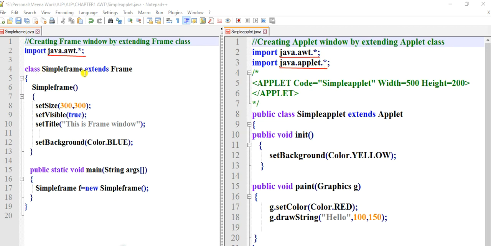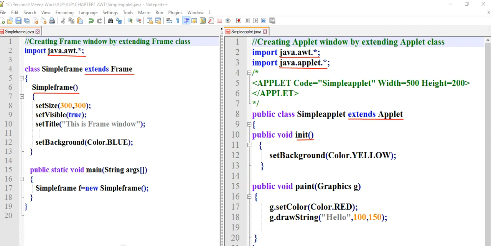Now for creating a frame we have to extend which class? Frame class. In applet we have to extend which class? Extends Applet class. Now there is a constructor in frame for initializing different parameters. In applet there is a method init for initialization.